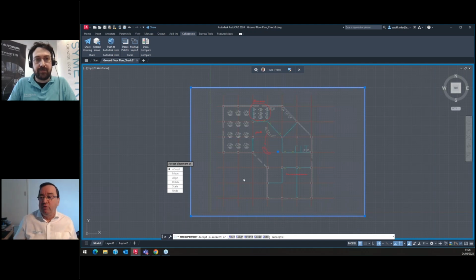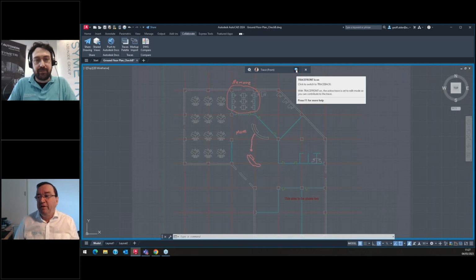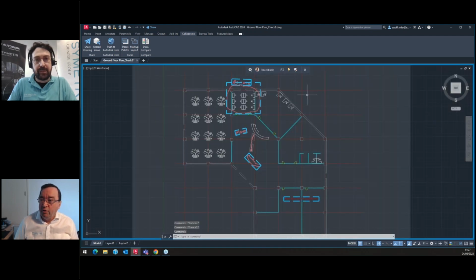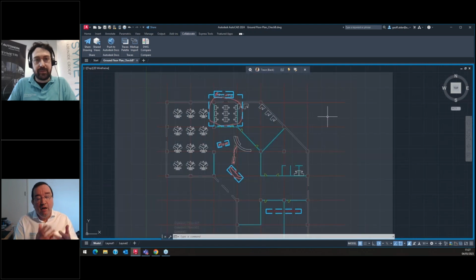This feature was available in 2023, but I must admit it meant that we needed to move and align a little bit more. This is relatively straightforward now. It's picked it up quite well. So if I click on accept here, I now have my trace here. So if I activate my trace layer in trace front here, you can see now that on my traces here, I've got an overlay of my PDF, and it's overlaid on top of my